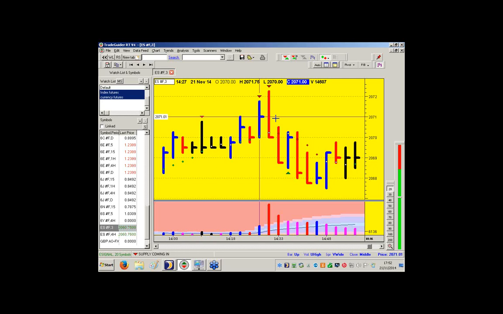Check the different time frames out. It's easy enough to create them. And then you get a feel for it. I mean, I tend to look at that 4-hour. It gives a very good idea of the likely trend of that market for the day or for a few days. But the end of day is also very good. But the 4-hour seems to come up with principles that we learn to recognize.